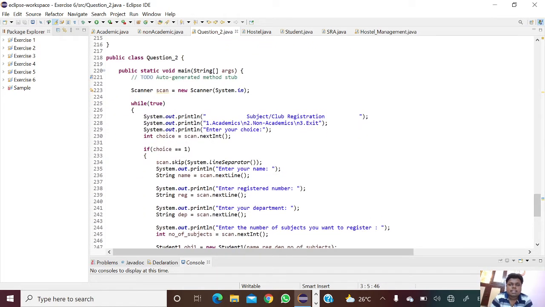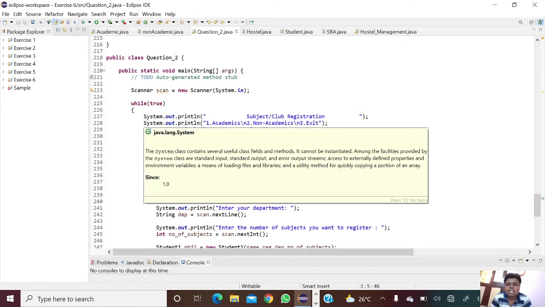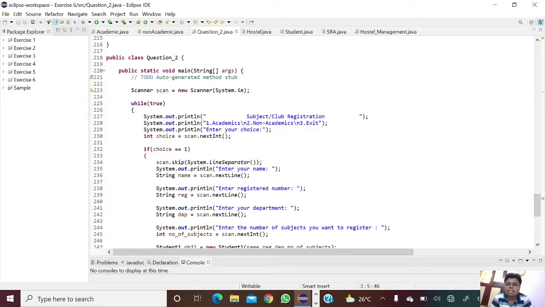And next we're creating a class named Question 2, and using a scan function, scan equal to new Scanner of System.in, and we're doing a menu-driven program here. So we're giving the first choice as academic, the second choice as non-academic, and the third choice as exit.